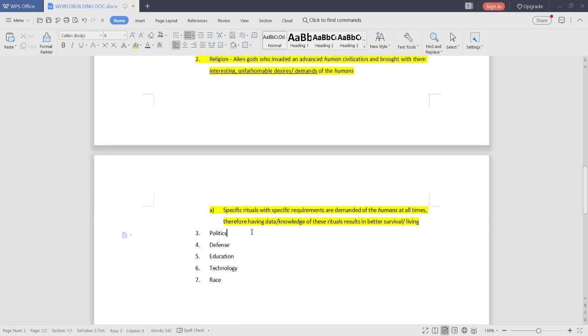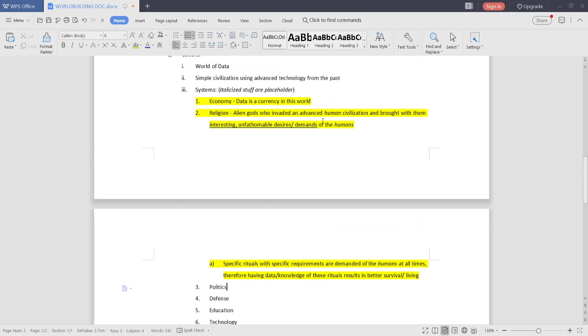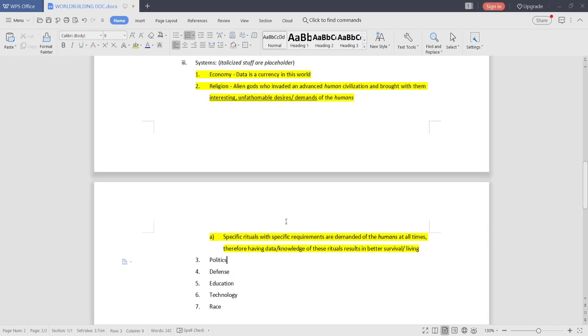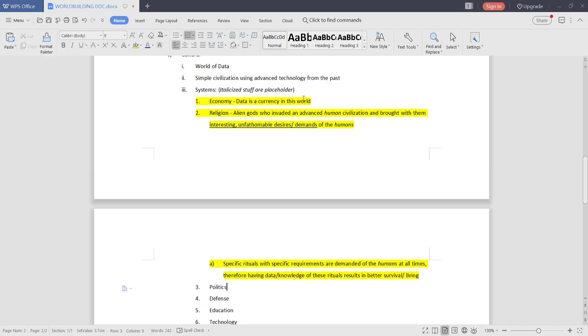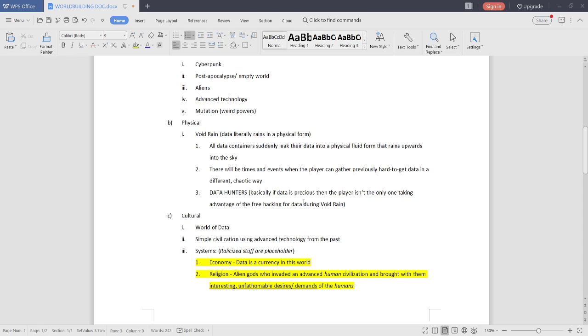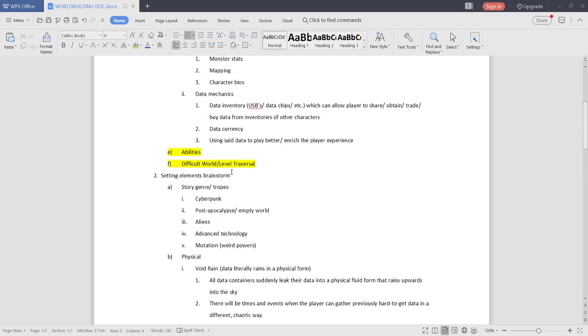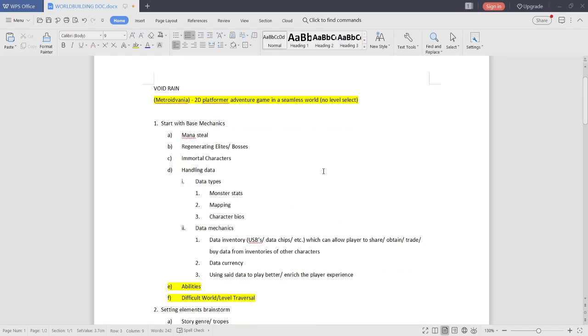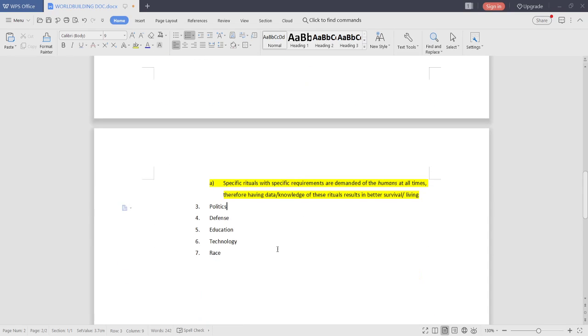So next, politics. Do we want politics in the game? Well, technically, we will naturally have politics because there are going to be bosses in the game which probably have the most data about rituals, and the player wants to get data off of them when they're playing. Now bosses, this is not in terms of the workplace or office boss, but more like the video game boss, because I still want to make bosses in my game. I think they're pretty fun.